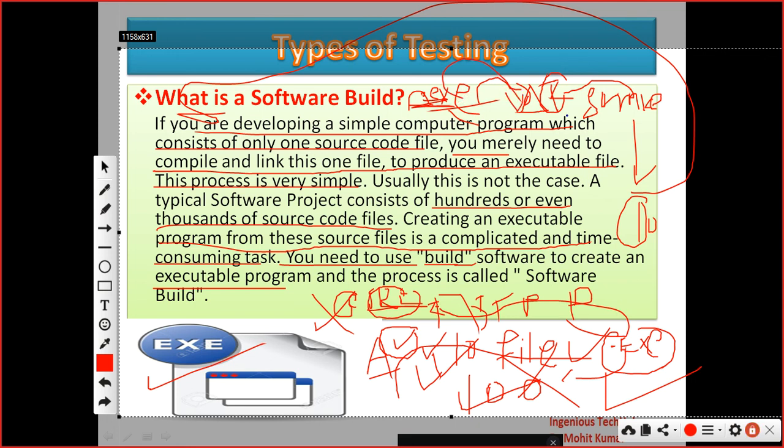So here one more testing we are going to do, that is called sanity testing. What is the difference between smoke testing and sanity testing? Smoke testing means we are getting the fresh build, and sanity testing means we are getting the existing build.